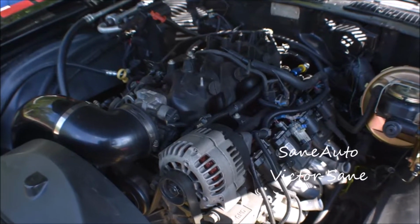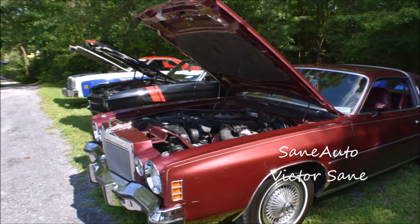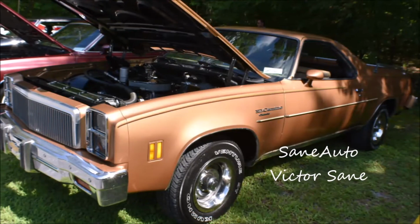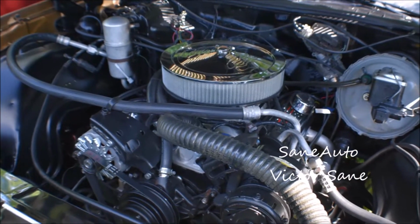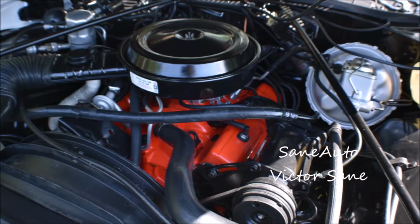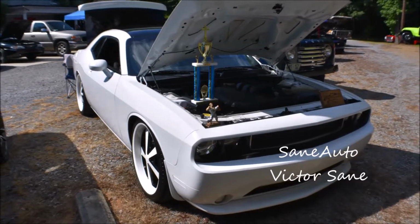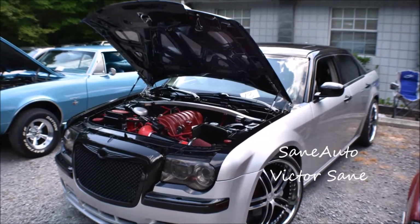Julio Velasquez's 1977 Chrysler Cordoba, Julio's 1976 Chevrolet El Camino, and his 1977 Chevrolet El Camino, Adam Foster's 2012 Dodge Challenger, Brandon Hudspeth's 2006 Chrysler 300 SRT8,